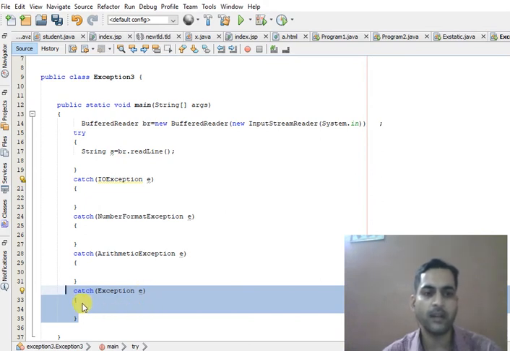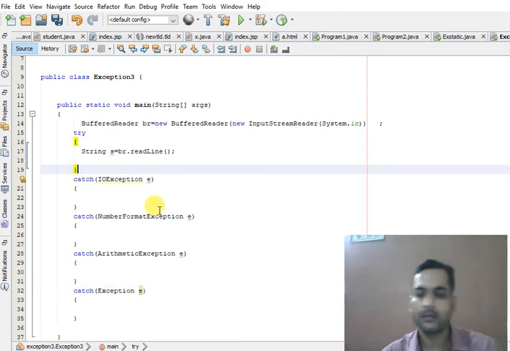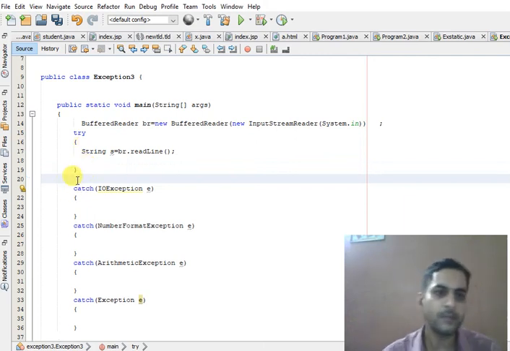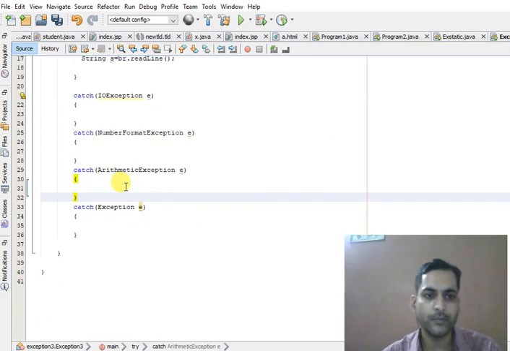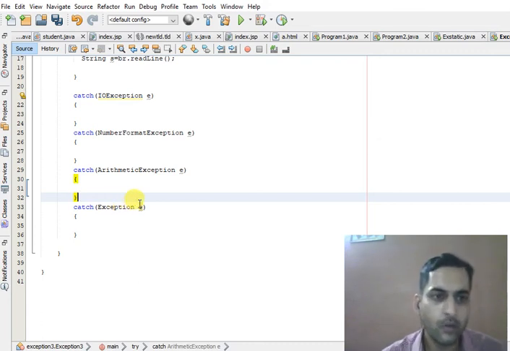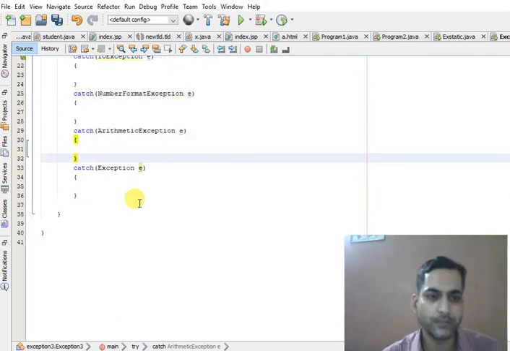Otherwise, if we write this statement here right after the try block, then it will catch all the different types of exceptions at this place, and there will be no use of the remaining catch blocks. So you should use the Exception class at the end of all the catches.